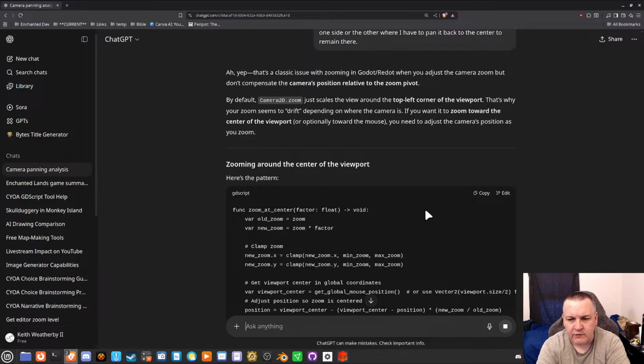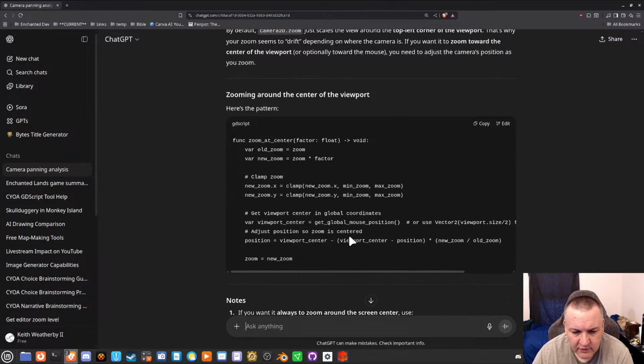Camera zoom just scales the view around the top left corner of the viewport. That's why your zoom seems to drift depending on where the camera is. If you wanted to zoom toward the center of the viewport or optionally toward the mouse, you need to adjust the camera's position as you zoom. Zooming around the center of the viewport. Zoom at center.